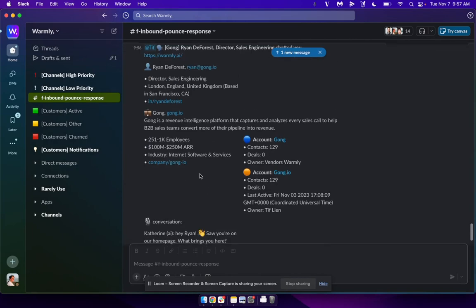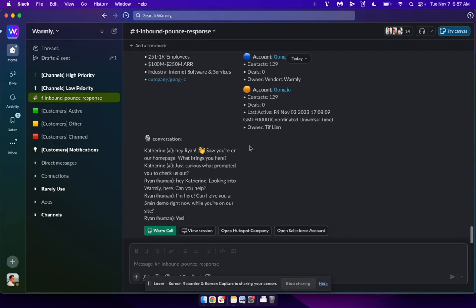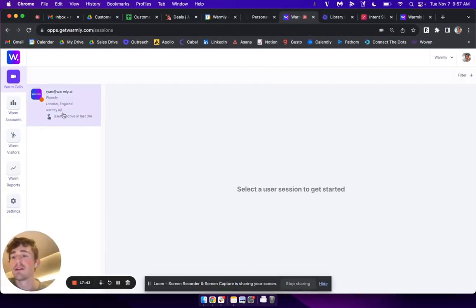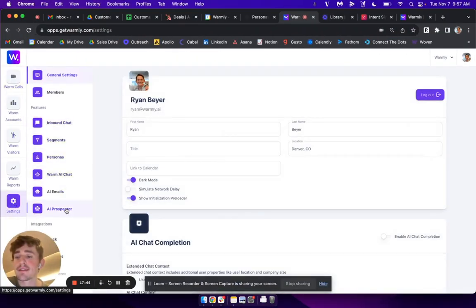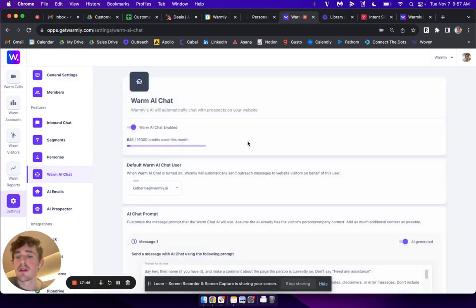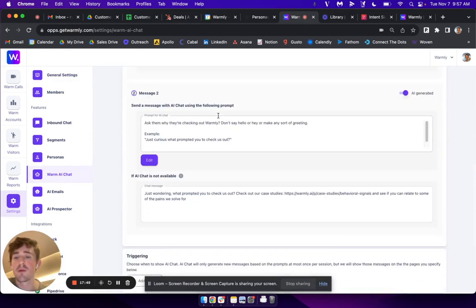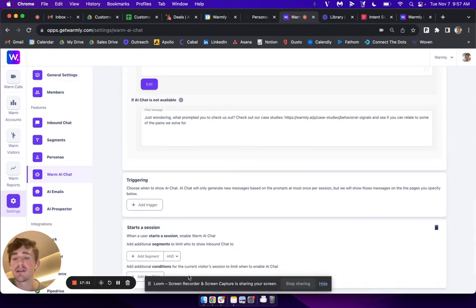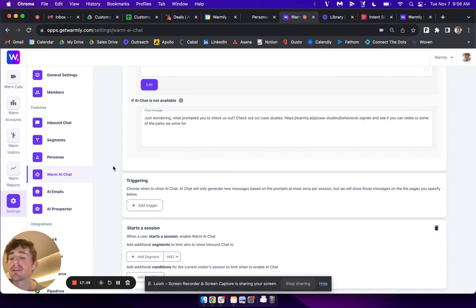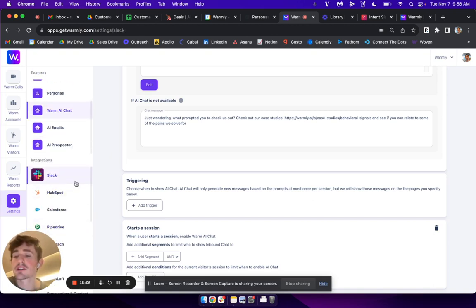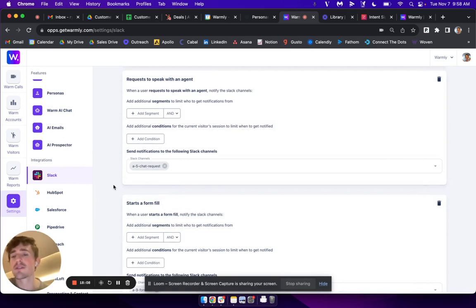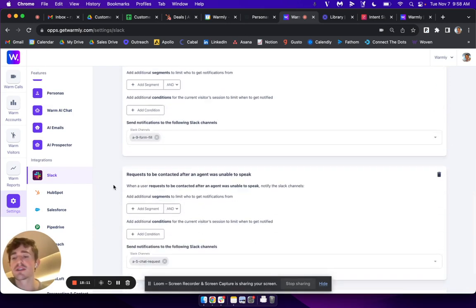Yeah, important to note are these Slack notifications. So you'll definitely want to pay attention to this channel. Settings, AI chat. It's important that all this stuff is built properly and set up well. You can always change your prompts. And this stuff down below, your segments are really, really important that they're built accurately. If you're not sure if anything is built perfectly, feel free to message me, probably your CSM, and same with Slack. If you're not sure why you're not getting notifications, are things working, always feel free to message your CSM,